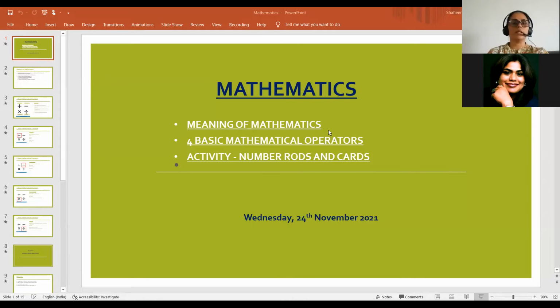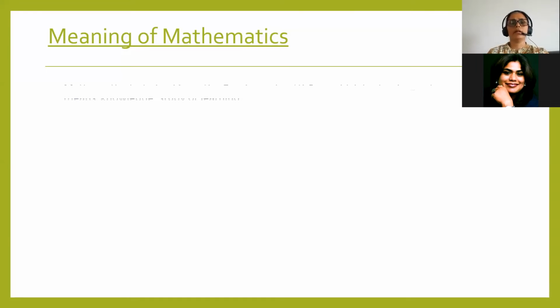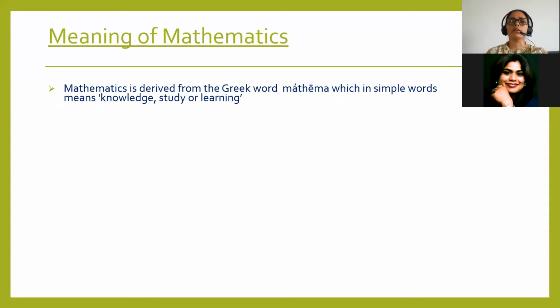So, can somebody tell me, what do we understand by the meaning of mathematics? Playing with numbers, dealing with numbers. Okay. Calculation. So it's nothing but basically numbers, right? That's what we talk about. Yes. Brain test also. Okay, brain test can be in different angles. It can be with language, it can be with maths, it can be with science. So brain test is more of a general concept.